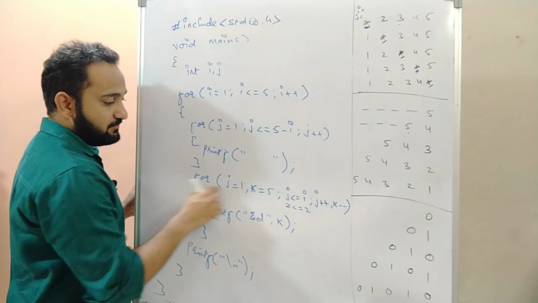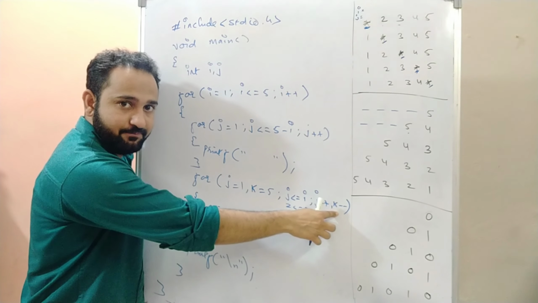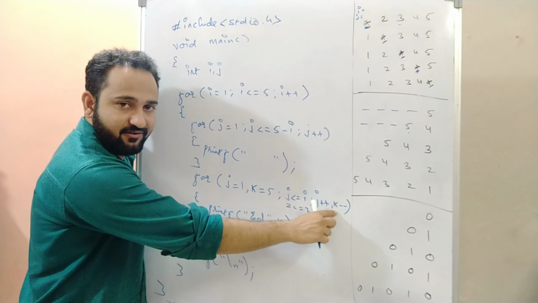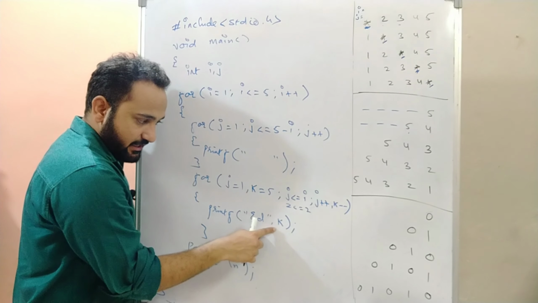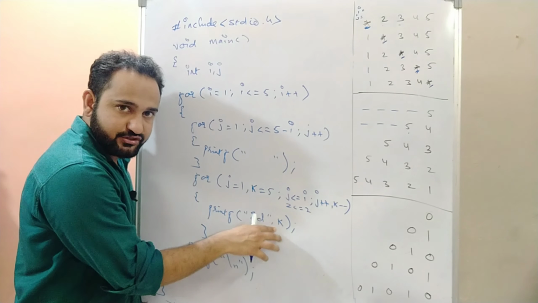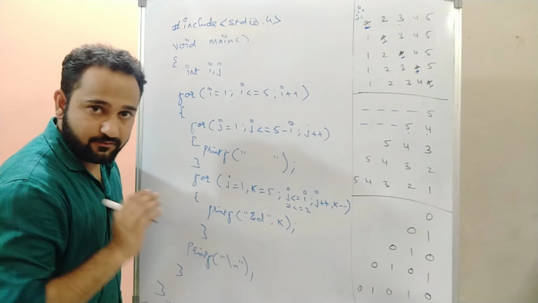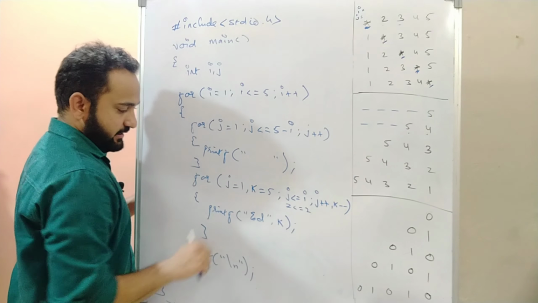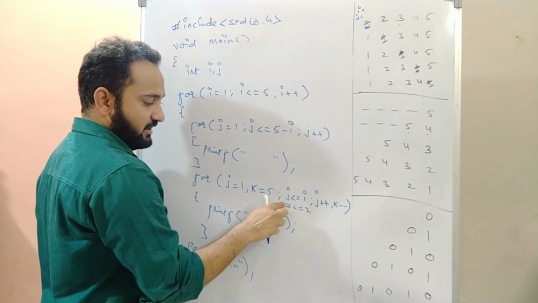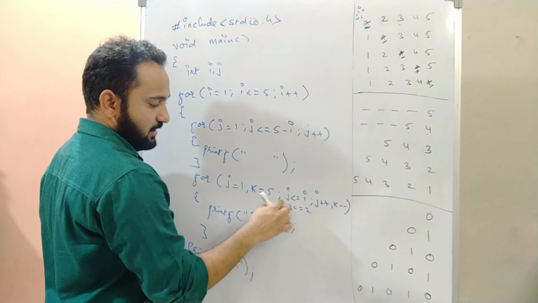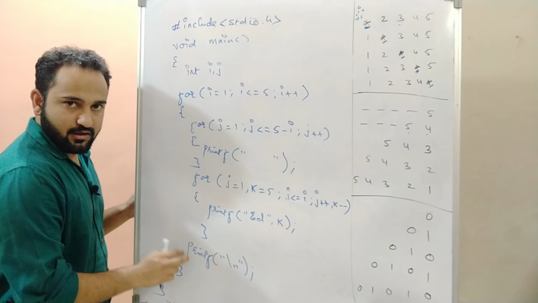Now see, while going back, it incremented the value of j by 1 and decremented the value of k by 1. The value of k was 5. Now it becomes 4. So it will go inside and print the value of k, which is now 4. It will print 4. I hope you're getting this. Now it will go back again. While going back, it will decrement the value of k by 1. Now it becomes 3. And the value of j will become 3. 3 is less than or equal to 2. Condition false. It will come out of the loop. It will leave one line.